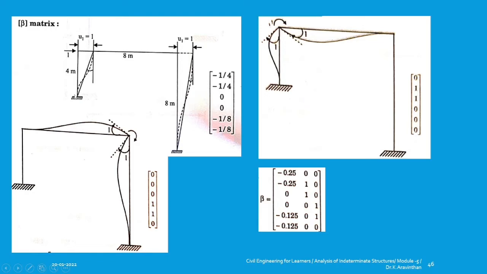So what is the stiffness? Force by deflection. What is the force here? 1. And what is the length of the member here? Which is 4. So you have to take minus 1 by 4. Why is it minus? It is the opposite of the moment. So the moment is acting clockwise, hence you have to take it as minus. Sway will be 1 by 8. Likewise here. Similar to this case, since this is clockwise, you can take it as minus at